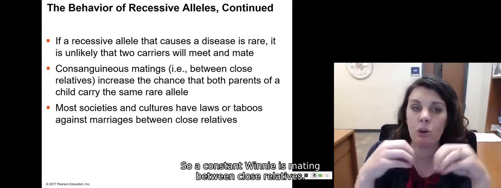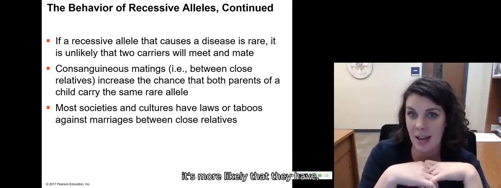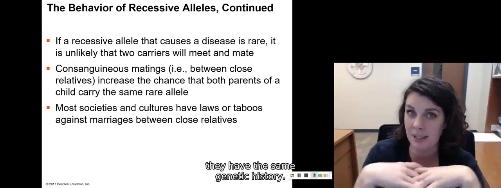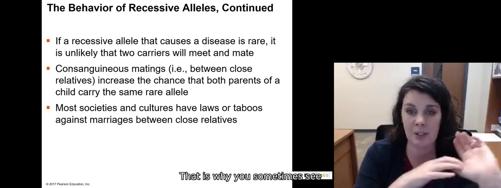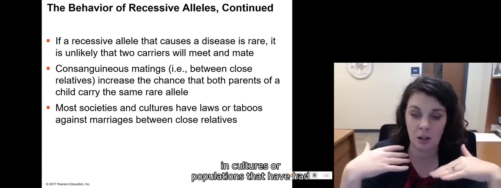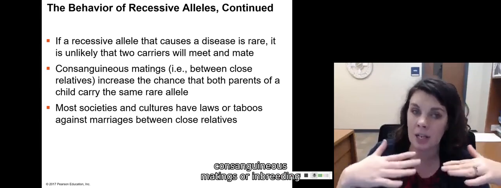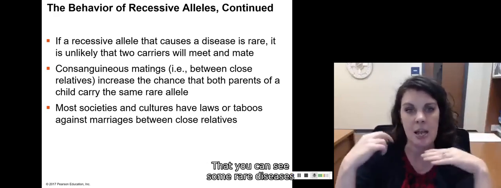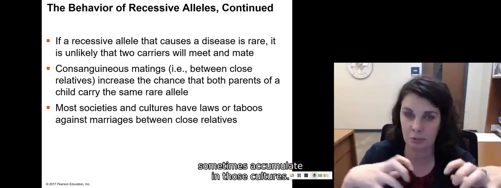A consanguineous mating is between two close relatives. When you have two close relatives, it's more likely that both parents of the child would have the same rare allele because they have the same genetic history. So that is why you sometimes see in cultures or populations that have had a long line of consanguineous matings, or inbreeding is the more common term for this, that some rare diseases accumulate